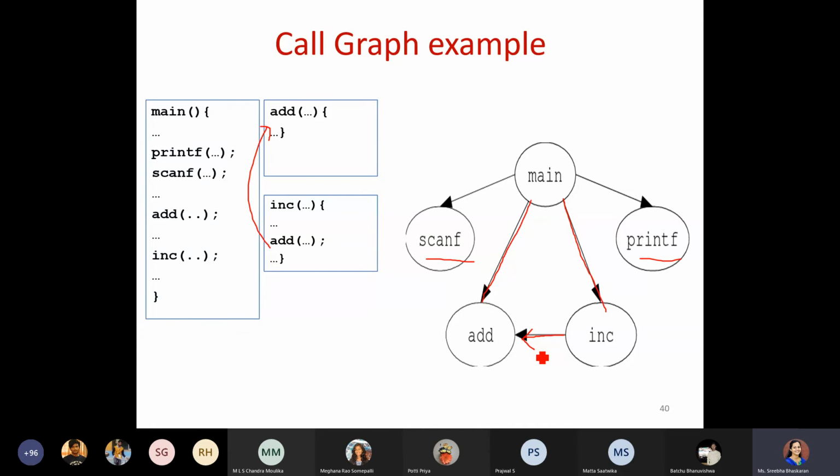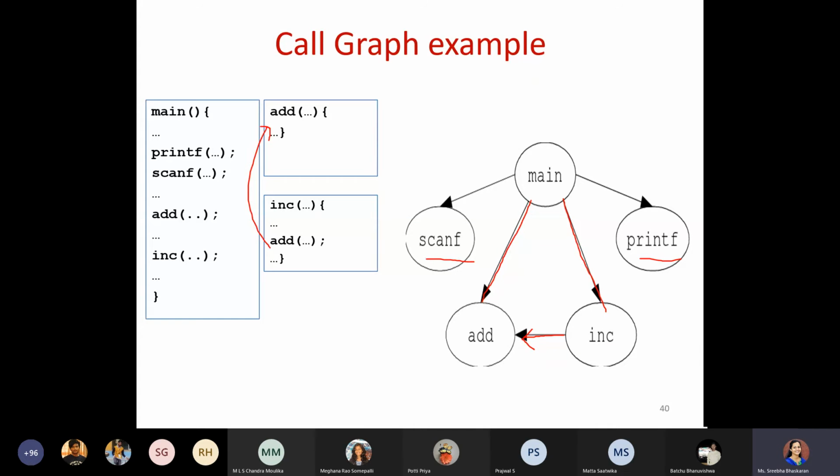The call graph is very simple. Each node is created based on the number of functions we have, and the edges point based on the procedure calls or function calls, from which function to which function you are calling. Based on that, the edges would be drawn.